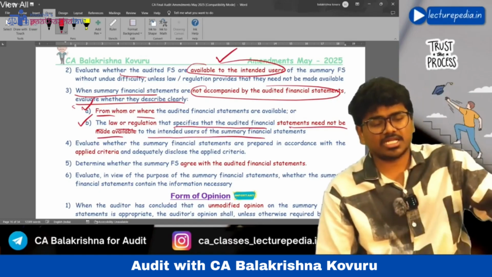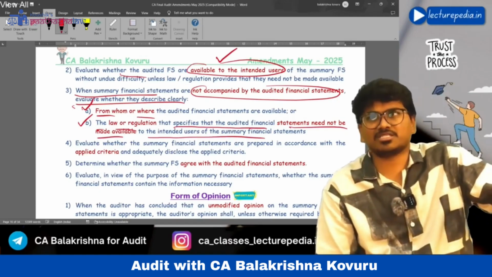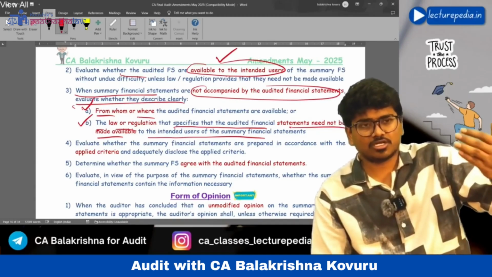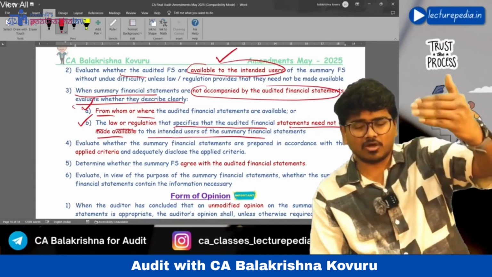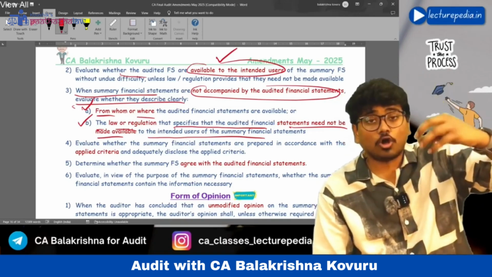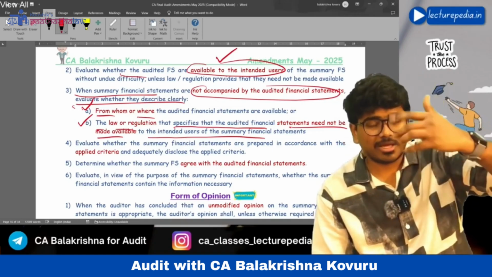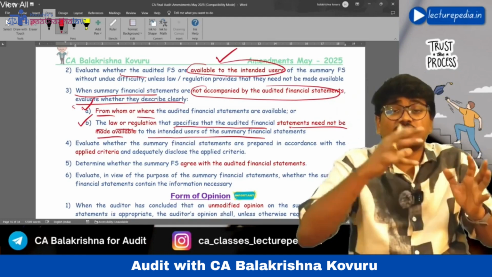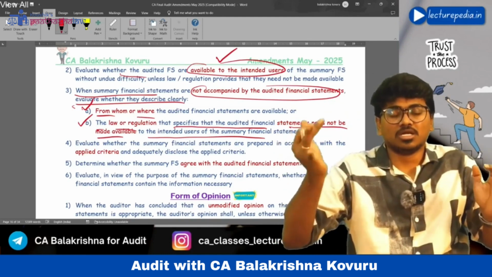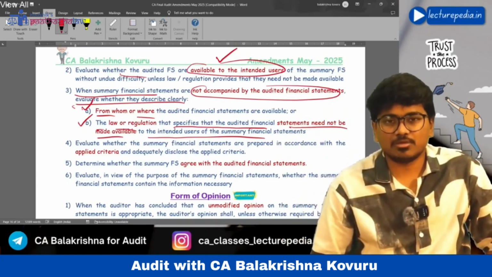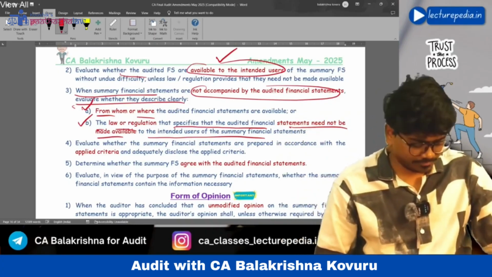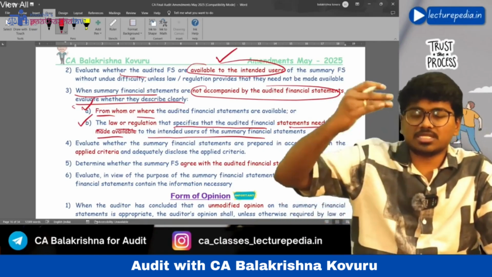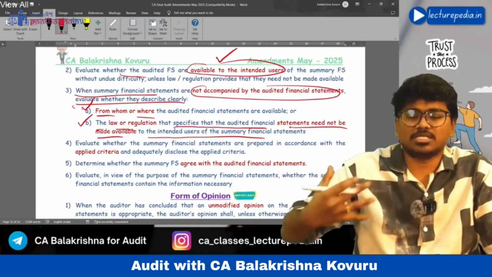If as per any law or regulation, the complete set of audited financial statements need not be given along with the summary financial statements, then management needs to mention in the summary financial statements as per which law it is not required to make available the audited financial statements. Whether such a disclosure is there or not has to be seen by the auditor.